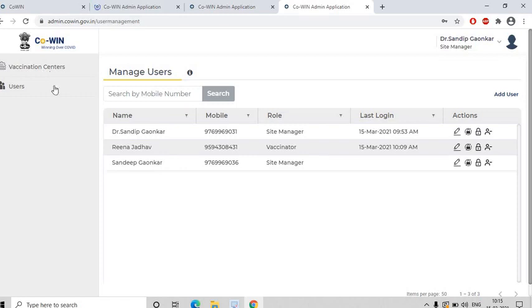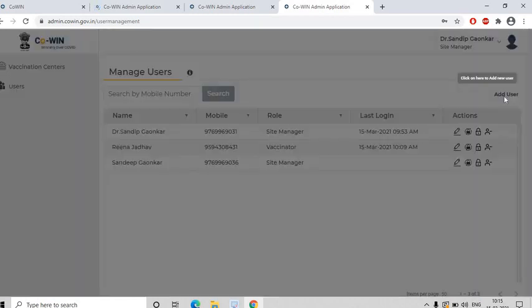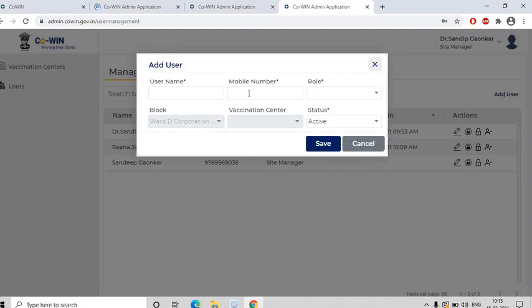Here under user and vaccination center there are various activities. Under users, the vaccinators can be generated by the site manager by clicking on add user. We need to enter the username, mobile number, role, whether it is vaccinator or verifier, and then block and vaccination center will automatically come as per the site manager's information, and then status should be active, and we need to click on save to create a new user.